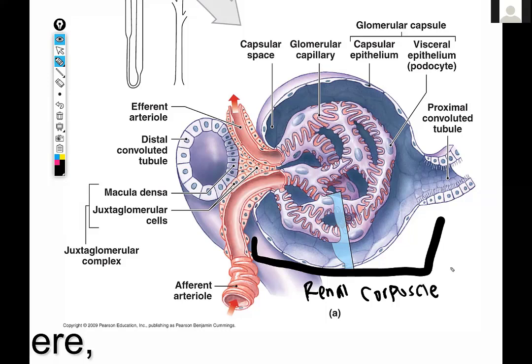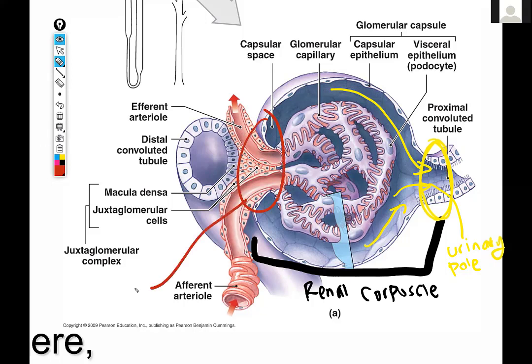And then within the renal corpuscle, there are two poles. So this one, where the filtrate exits, we call the urinary pole. And this end over here, where regulation of flow into the glomerulus occurs, we call the vascular